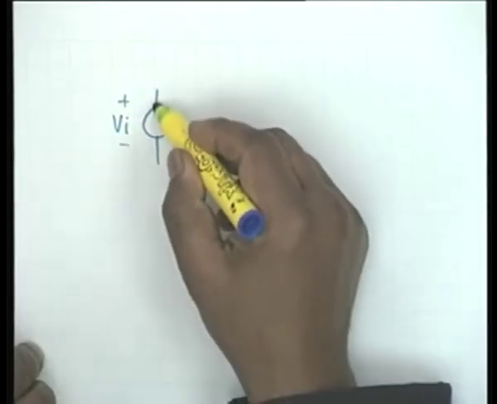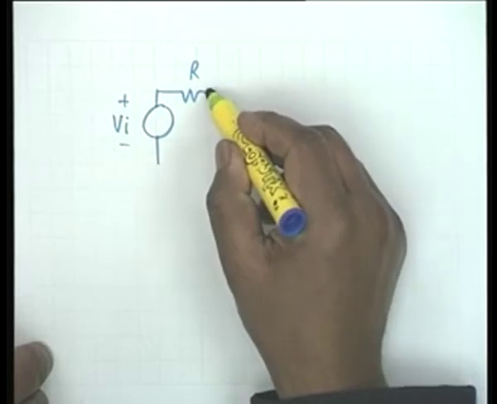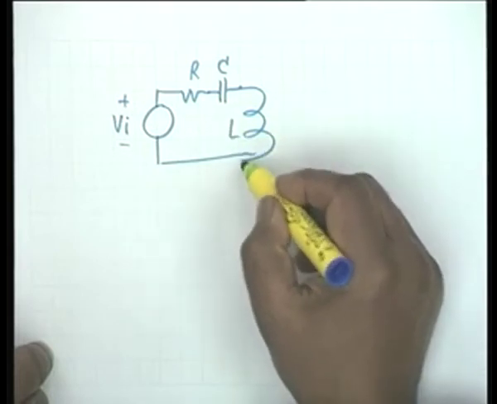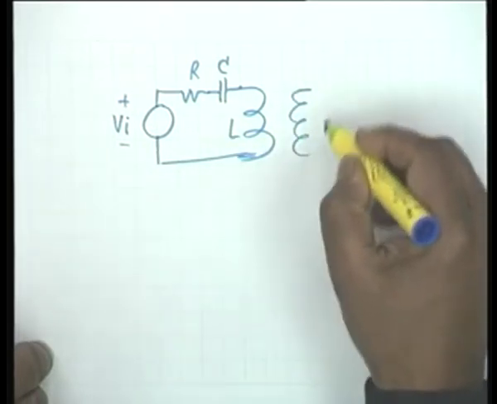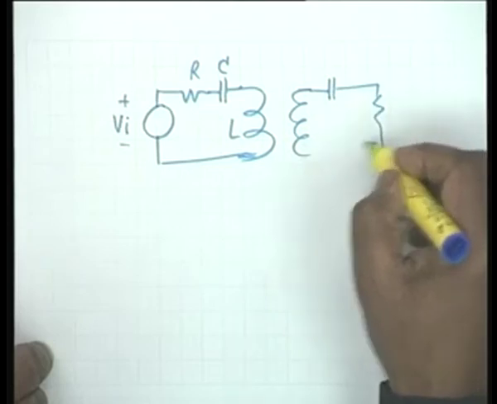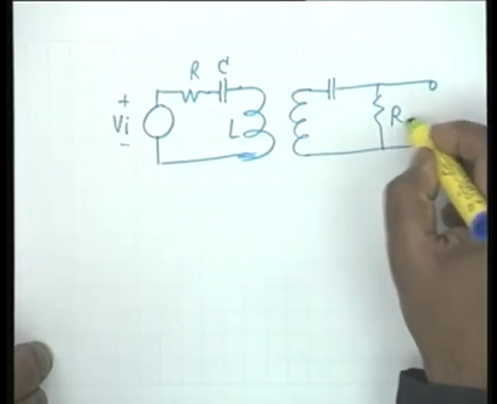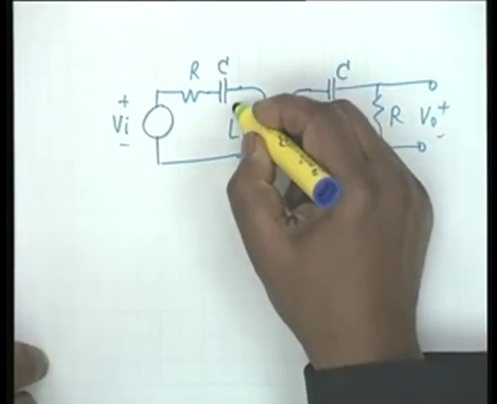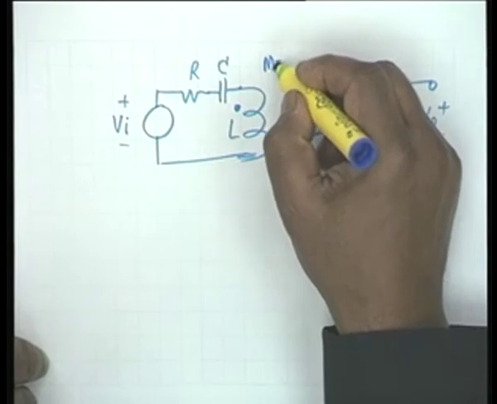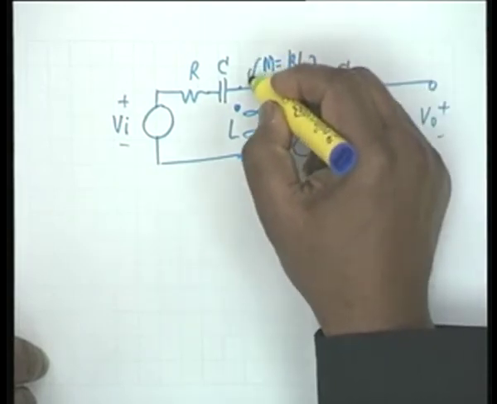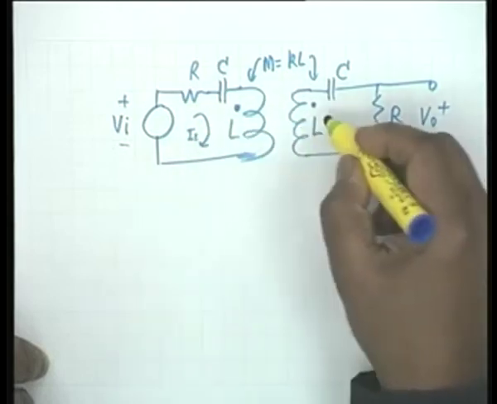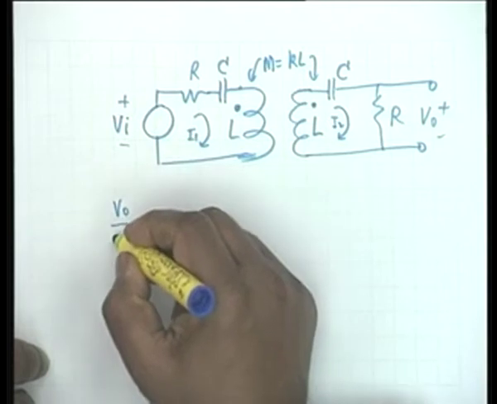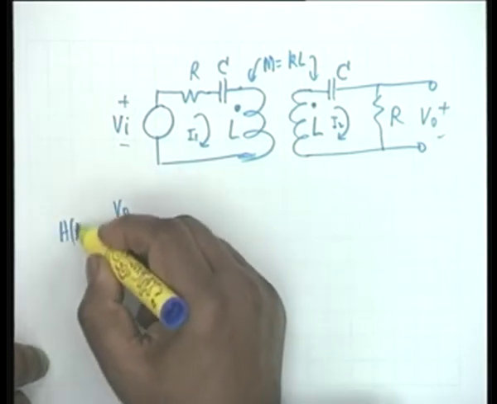We had a Vi, a resistance, a capacitance C, and an inductance L. The secondary was an identical tuned circuit L, C, and the output was taken across R. This was V0, with an identical tuned circuit with dots like this, M equals to kL between these two, and we had assumed two currents I1 and I2, wrote the loop equations and found out the transfer function V0 by Vi, H of S,